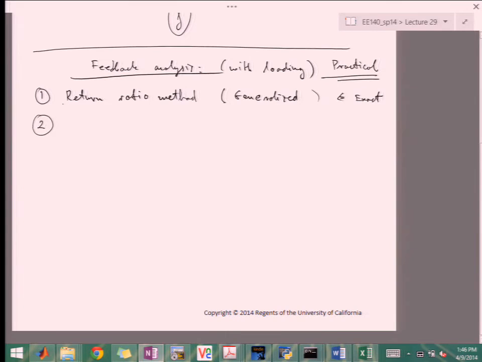The second method is the two-port equivalent. That one is described in detail in the book, so I'm not going to go into it in too much detail, because it's, A, tedious, and B, you can easily make an error if you don't include the loading effects correctly. So we're going to highlight some of the differences between the two, but mostly focus on the return ratio